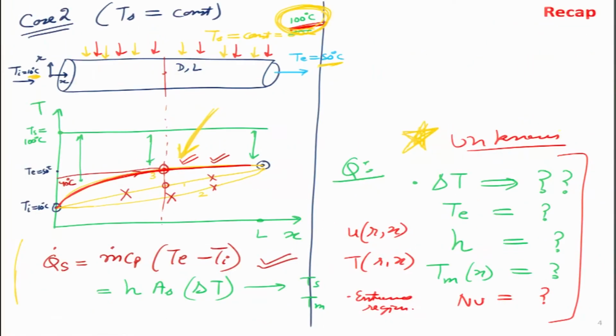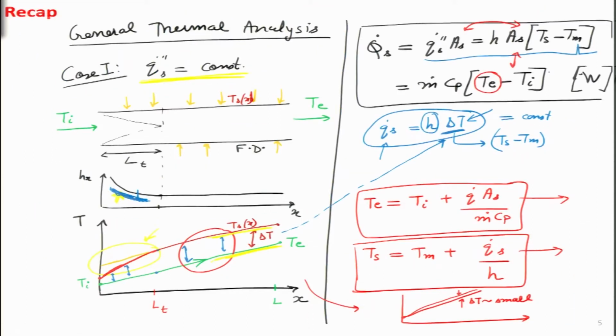If we look at case 2 on the following slide, similarly we have written a lot of unknowns over here which are similar to case 1. In case 2, we are assuming that the whole pipe boundary is at a fixed temperature. So, there the surface temperature remains constant, and we want to find out all these properties along with how much is the entrance length and other things. Some of these things we have already figured out, like the amount of entrance length, and other things we will figure out in today's lecture.